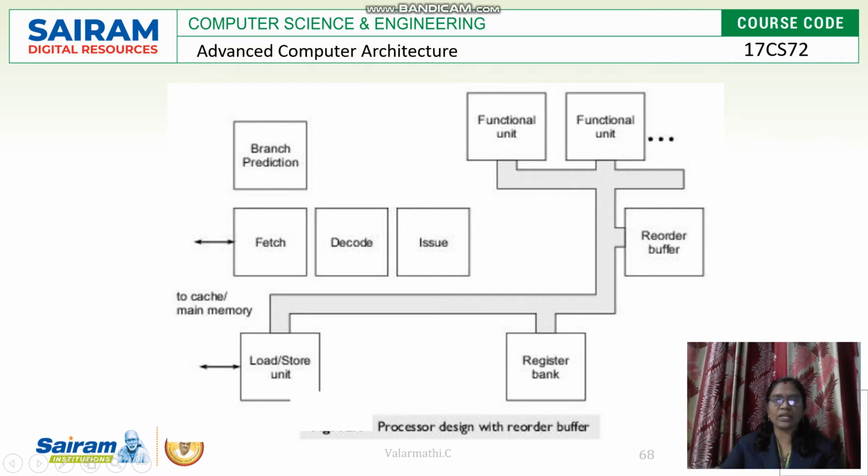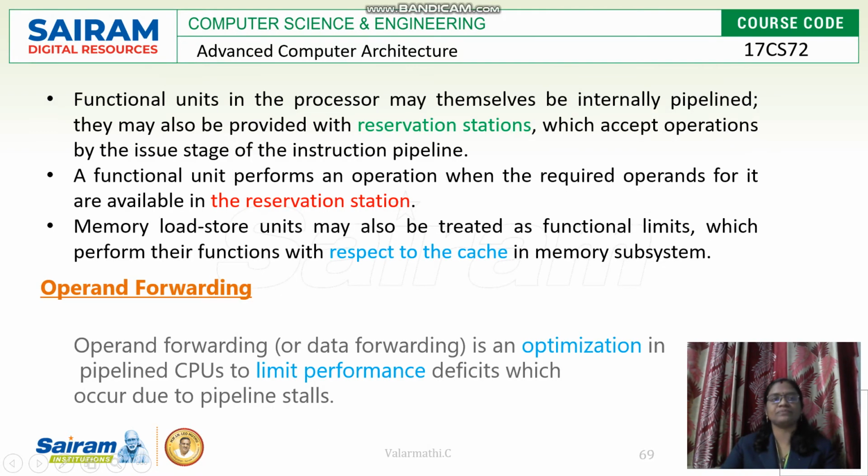So the load and store unit and functional units are the primary units. To support the communication between the functional units and the load and store unit, the register bank unit and reorder buffer unit are inserted. Apart from these two units, there is one more unit called branch prediction, which handles decision making statements. If the decision making statement is predicted and its outcome is available, it is decided in the branch prediction unit.